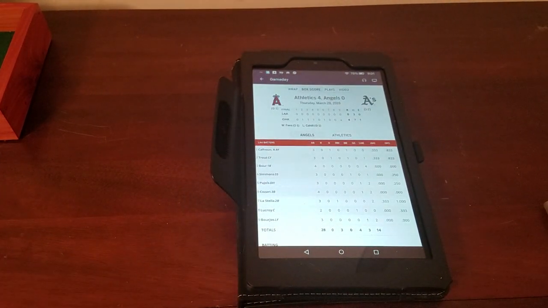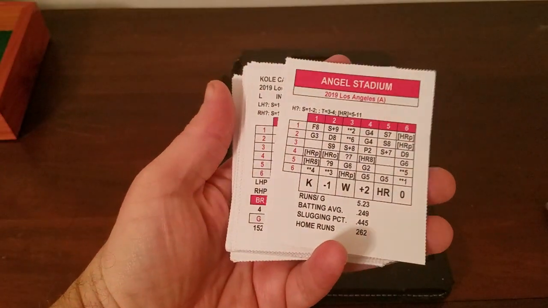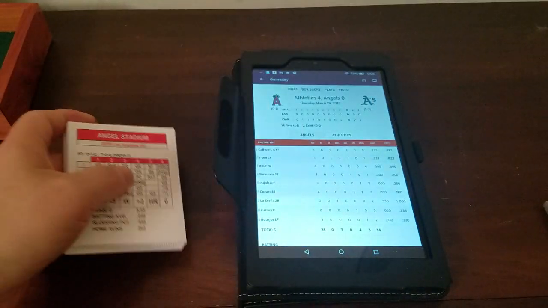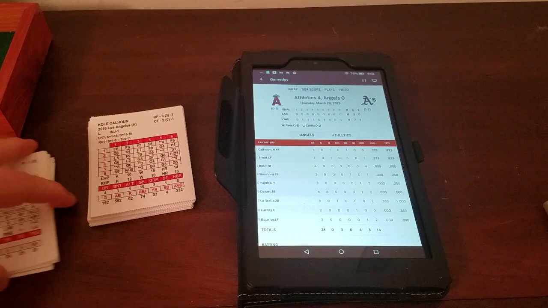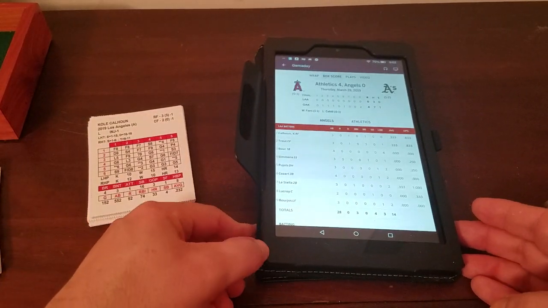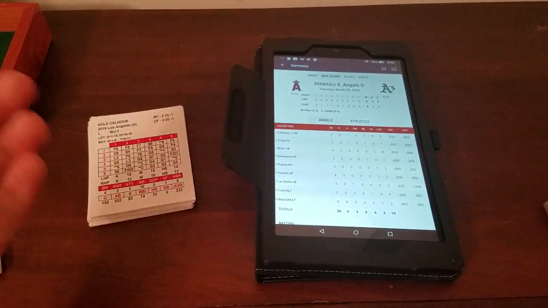So let's say that you got the Angels from one of your card games, and in this instance, I'm just going to use an example, the LA Angels of Anaheim Inside Pitch 2019 season. I've got them separated: batters in this stack, pitchers in this stack. What I typically do for opening day, if I was going to set this up for opening day, is